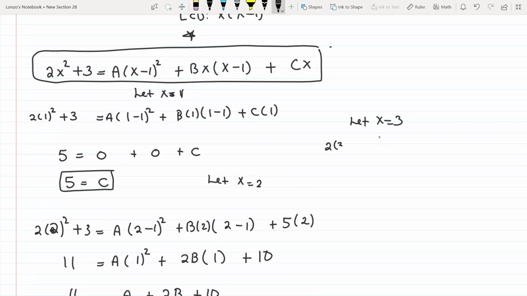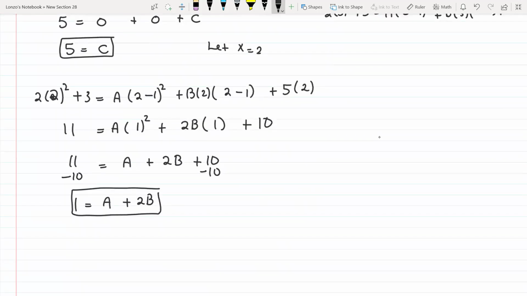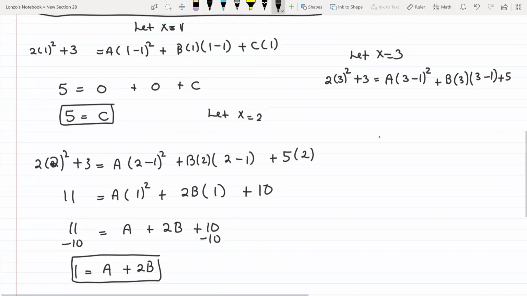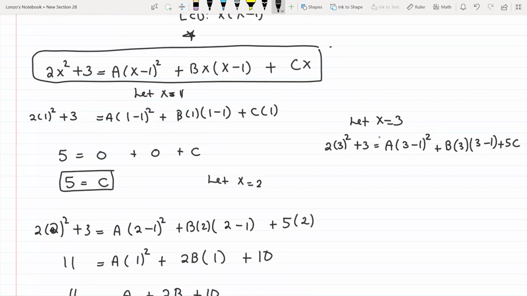So it's 2 times 3 squared plus 3. I don't know what my a is, and it's going to be 3 minus 1 squared plus b. Replace my x with 3. 3 minus 1 plus c, which is, we say c was 5. And then my c, I'm not sure what my c is, so I'm just going to say a c. So over here, the left side would be our